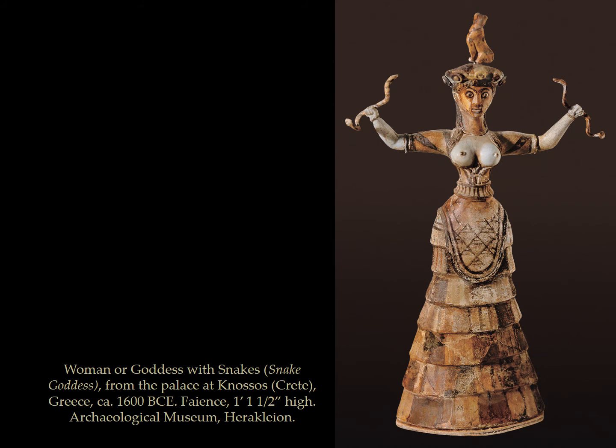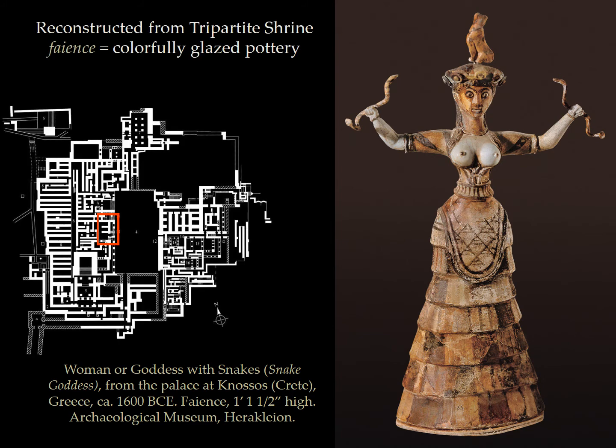So the belief with this figure that is over a foot tall, that it is probably a goddess, is going to be made clear by way of the snake she's holding and the leopard sitting on her head. Not to mention the exposed breasts that she has in her wonderfully colorful garment here. So this is reconstructed from a tripartite shrine which would have had 3 different deities in it. This is faience, a colorfully glazed pottery to suggest the colorful decorations and the types of clothing that women would